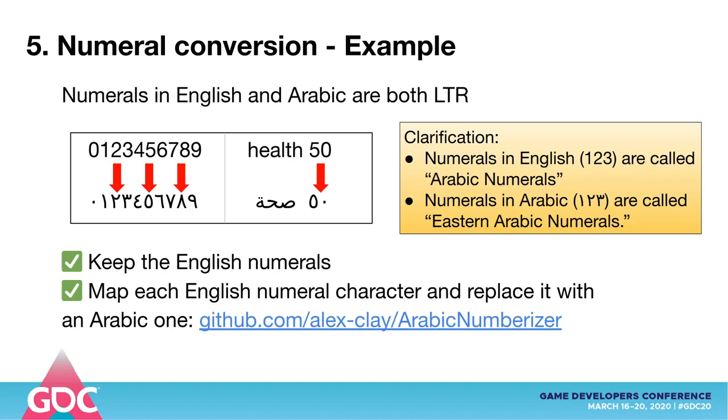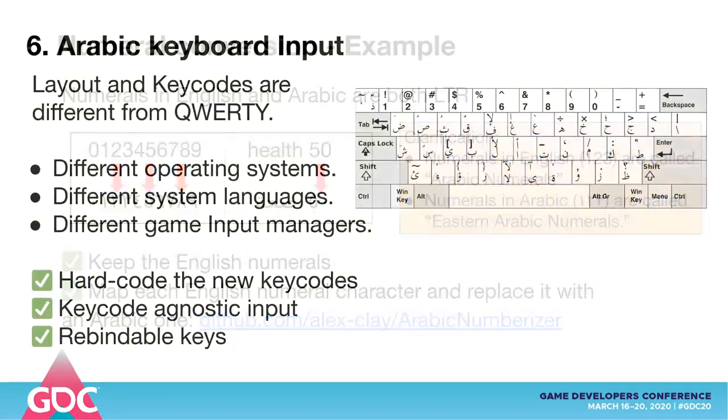There are 2 solutions. 1, you do nothing, because Arabs can read both versions easily, or you can go above and beyond and use the Arabic numerals because aesthetically they look more fitting along the Arabic letters. You do that using a simple map. So in your game you would check the language. If it's English, then this is what a 1 looks like, but if the language is Arabic, then that's how a 1 looks like. I have a solution to demonstrate this on GitHub.